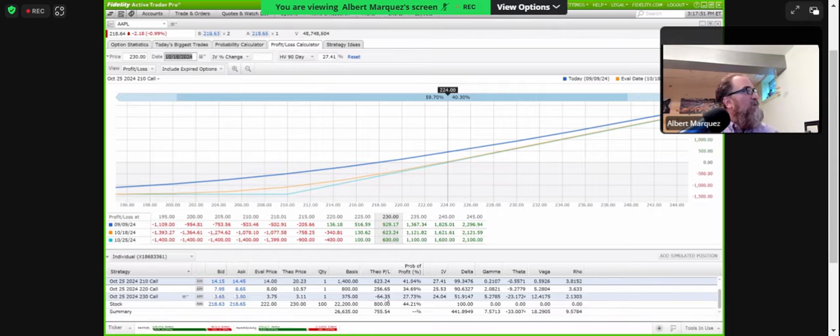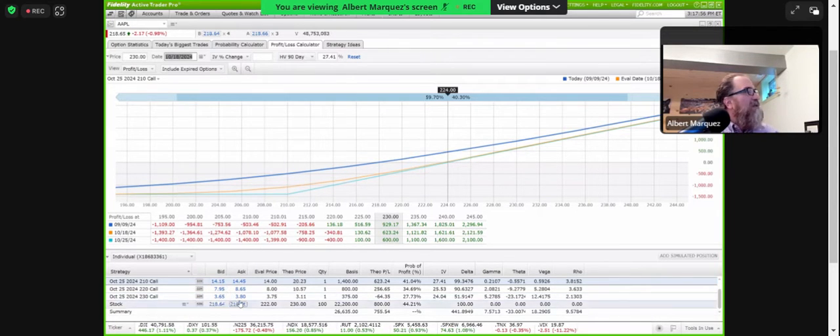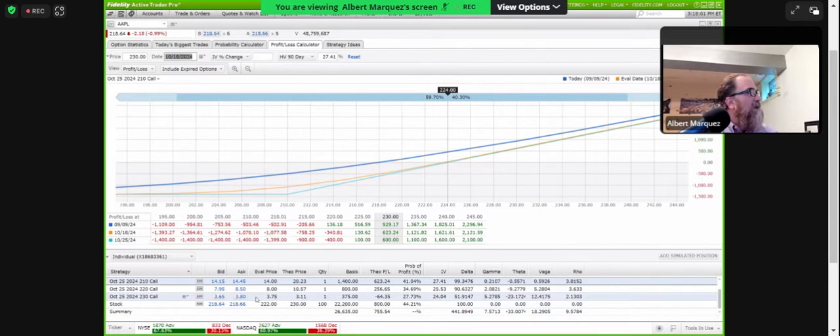And certainly the out of the money is actually down now, because what are we doing? Well, we're a week away and we're at the strike. Remember, when we pay that 375, that's our break even. So in order for us to make money on this particular option, we need the stock to end up at $233.75 at expiration just to break even. And if we're only a week out and we're still hanging at 230, we've only got 5 trading days to get there. And so now we start to actually lose money on this particular option. So these are the types of things we have to keep in mind when we're trading these options.